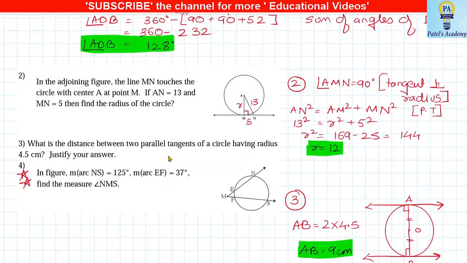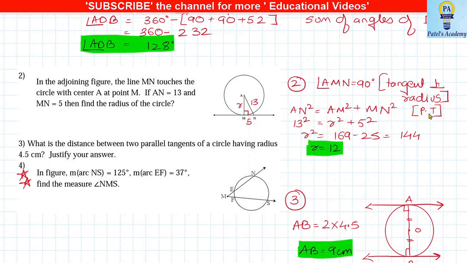Okay, in the figure I have given all the markings. The radius r, AN is 13 and MN is 5. So we have to use simply Pythagoras theorem, but the first statement is important. Why is angle M 90 degrees? We have to write down the reason as tangent perpendicular to radius, and then you have to write down Pythagoras